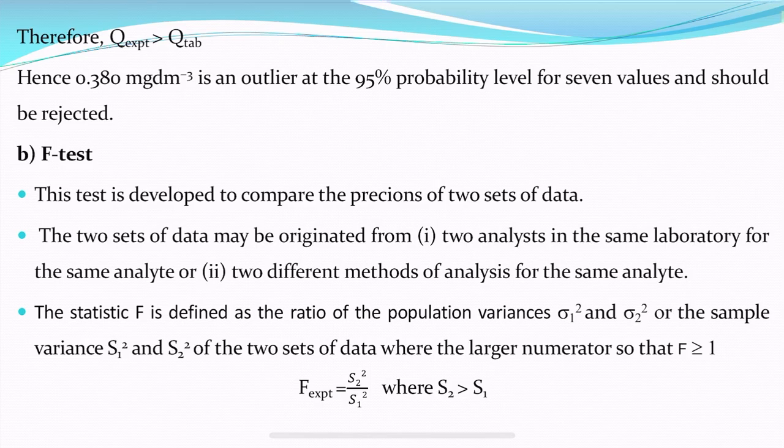So, one is I will perform the experiment, another I will give you to do the experiment and we check. So, what is the significance difference between the results I have obtained and the results you have obtained. This is one way, and another way is the entire method itself may be different. Here the analyst may be one, I only perform the experiment, I use two different methods and I compare the values or the results which I have obtained in two different methods and I find out what is the significance difference.